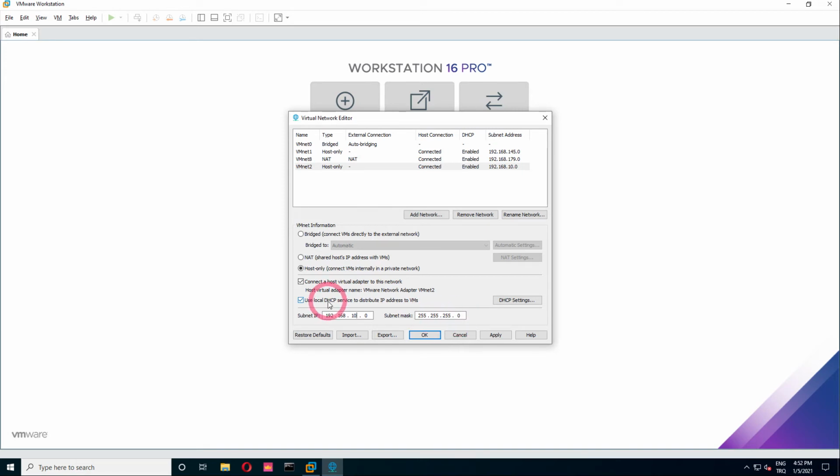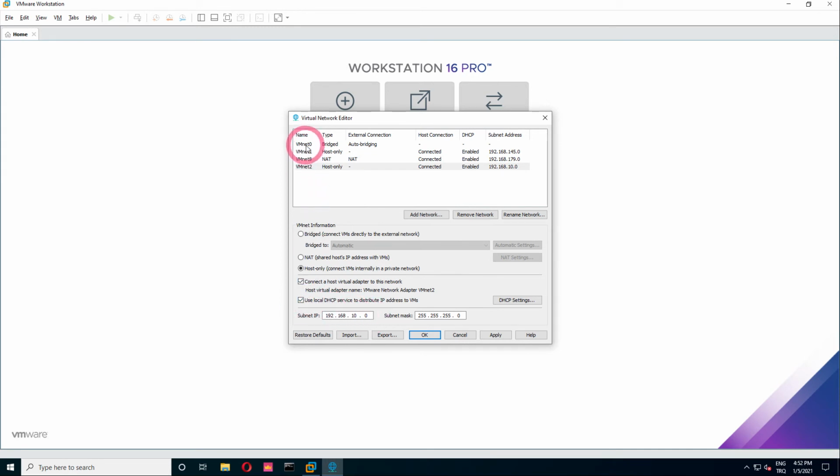You can disable the DHCP server in VMnet 2 from here. When you disable it, it will not automatically give the user an IP. Let the DHCP option here be enabled. When you select VMnet 2 in the virtual machine you will install, that device will automatically get an IP from the DHCP server from the 192.168.10.0 subnet. But you can disable DHCP here if you want.